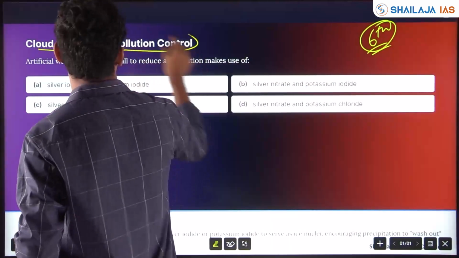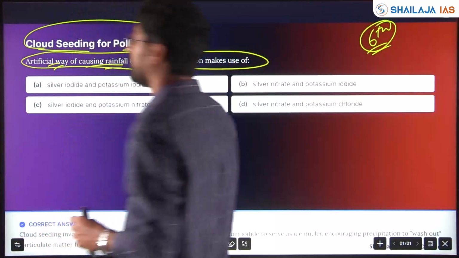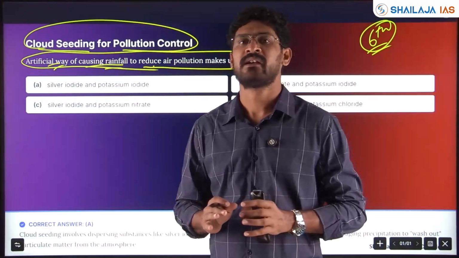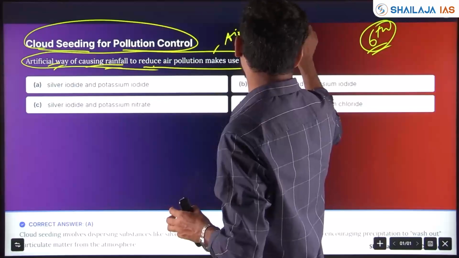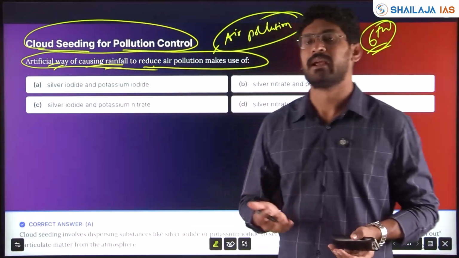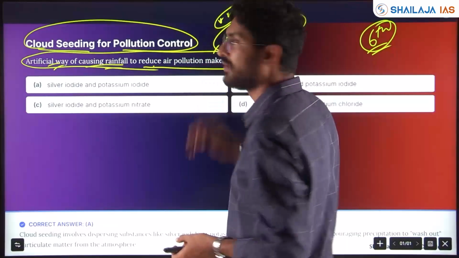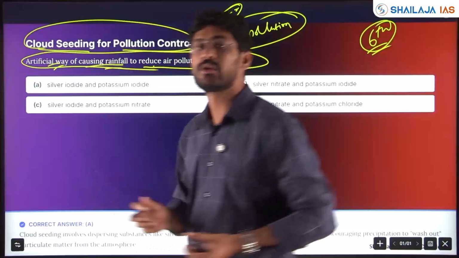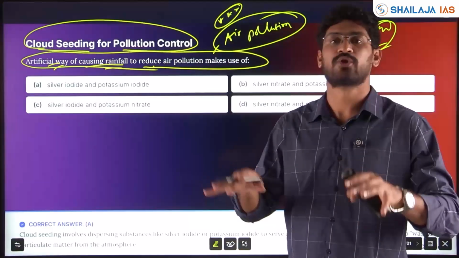Cloud seeding for pollution control. It is an artificial way of causing rainfall to reduce air pollution. For example, in Delhi, summers are very dusty with so much air pollution. In winter also you have smog and pollution in Delhi, where emissions go beyond 500 ppm to dangerous levels. So you can artificially seed the cloud to get rainfall so that all the dust particles coagulate and come